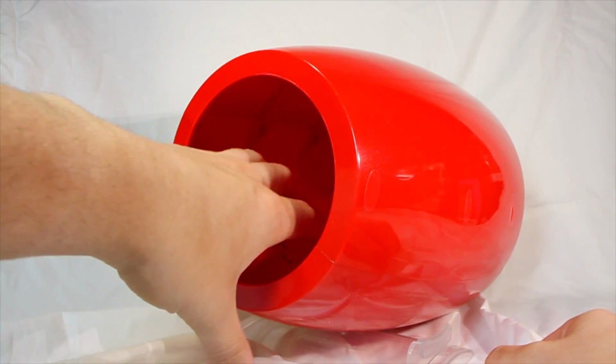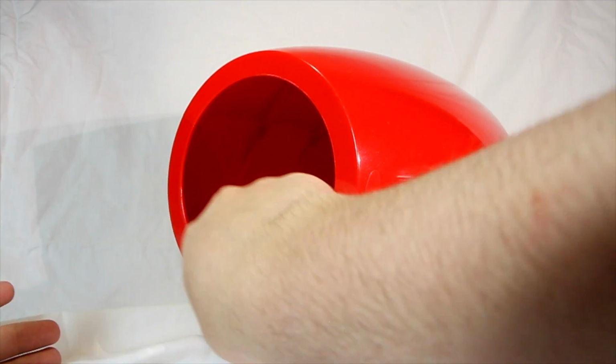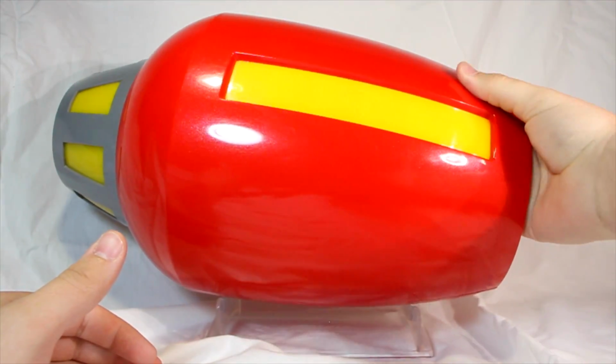But you have a little on and off switch here, and my absolute favorite part about this Buster, out of everything it does, is the sound it makes when you power it on. So if I grab the on switch in here and flip it on,